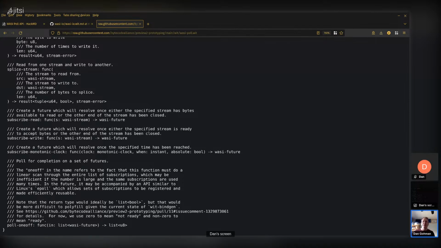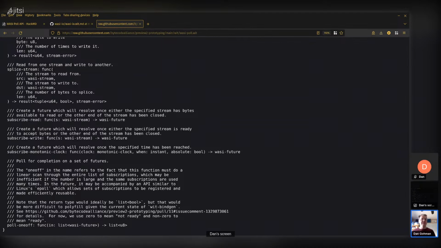My proposal is to keep it simple and to stay with poll-oneoff, which is a very, very simple function, especially when we reduce it down and factor out blockable things from the things they're being blocked on. If we ignore all this other stuff in this API, there's just one function, just like poll: here's a list of things to wait for, tell me which things are ready, and that's it. That's the only thing you have to know about. And that's something that we can easily implement on many different platforms. We have an implementation that's working on Unix and Windows in this prototype repo, and it works pretty well, even if it isn't the most scalable thing for the long term. So that's where we're at here at WASI Poll.